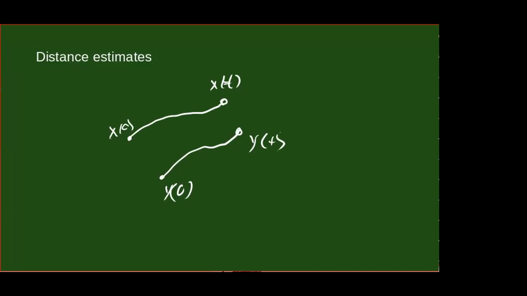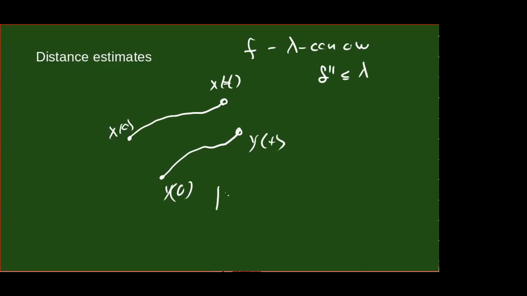I take two points, x0 and y0, and I follow the gradient flow for time t and get xt and yt. I assume my function f is lambda-concave, meaning that f double prime is less than or equal to lambda. Then